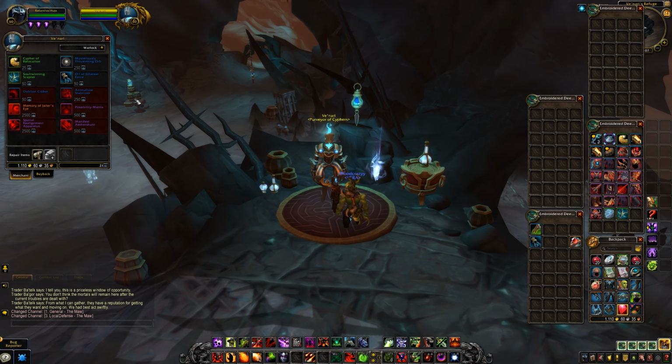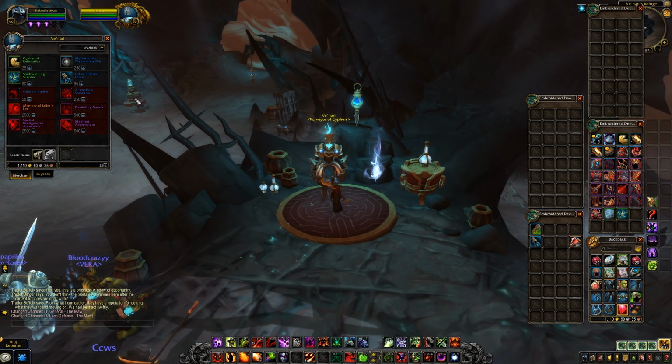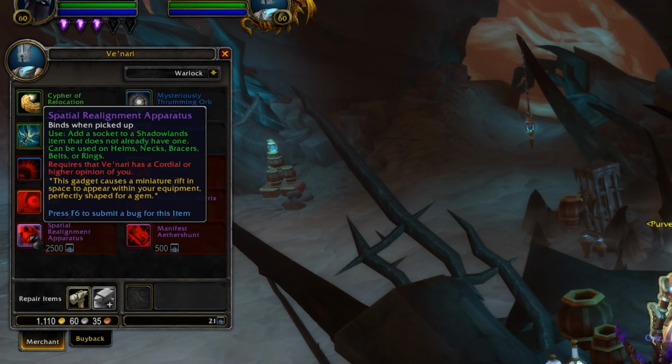So the big one is going to be the item that allows you to put a socket on a piece of gear of your choice. It's called the Spatial Realignment Apparatus, and it will cost you 2,500 Stygia. That probably doesn't mean anything to you just yet. Don't worry, we'll talk about the currency in this video as well, but this item works in more or less